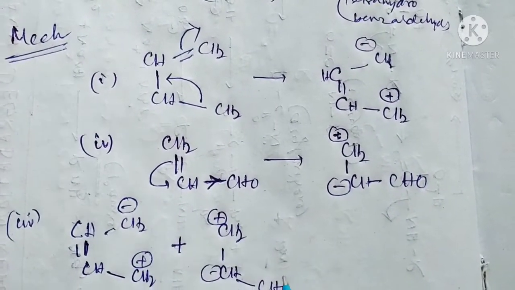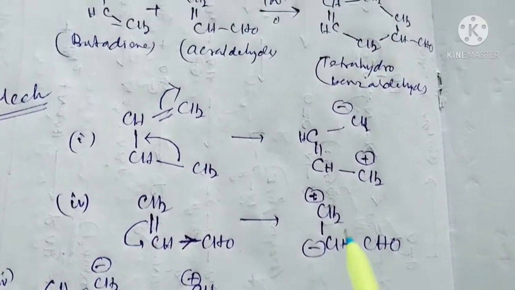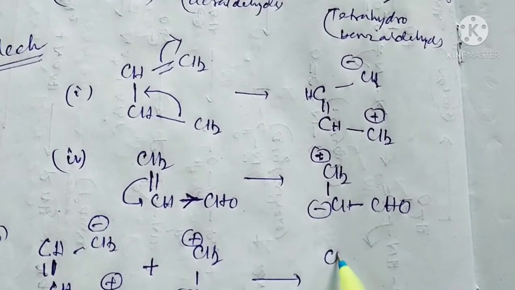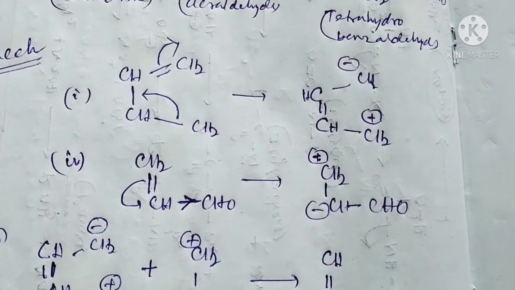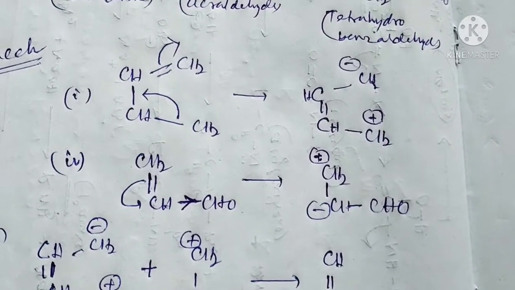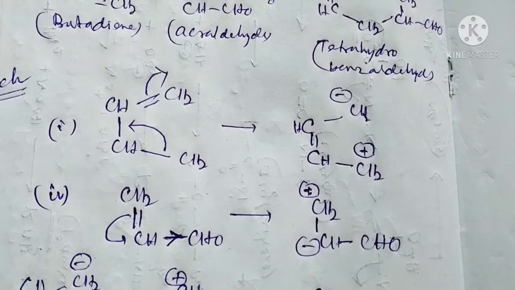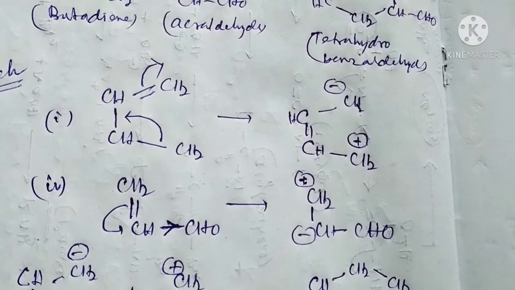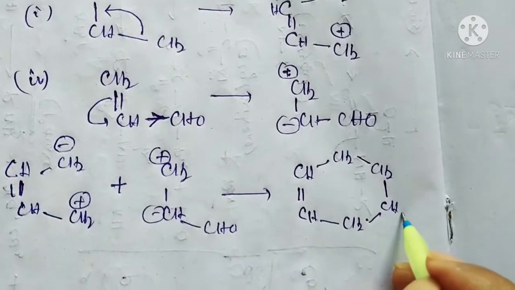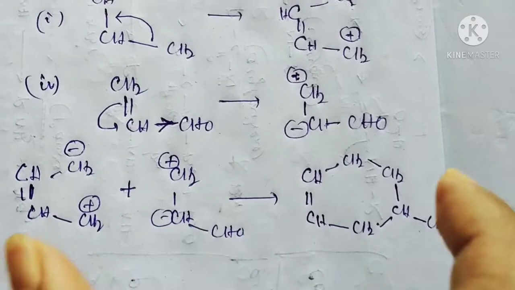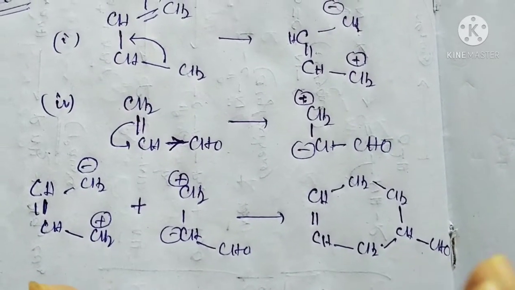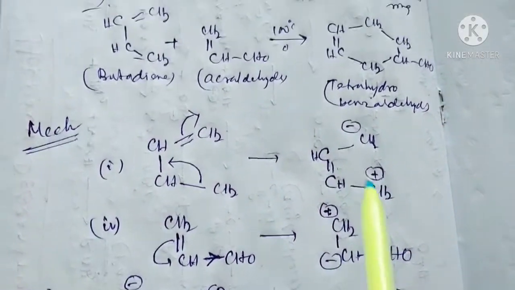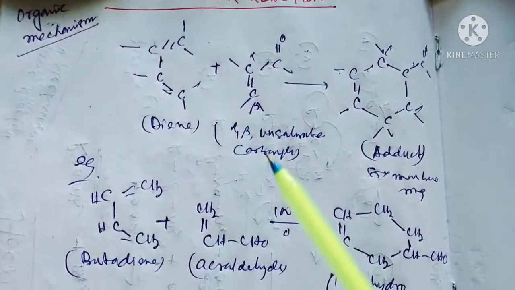Now see the adduct, how they are forming this tetrahydrobenzaldehyde. These two are going to be added. This is our 6-membered ring, you can see, and this is our CHO remaining. This is how actually the reaction occurs. Now I'm giving you the product. This is our product, and up to this point the reaction is complete. This is our Diels-Alder reaction. Okay, students, this is our Diels-Alder reaction.